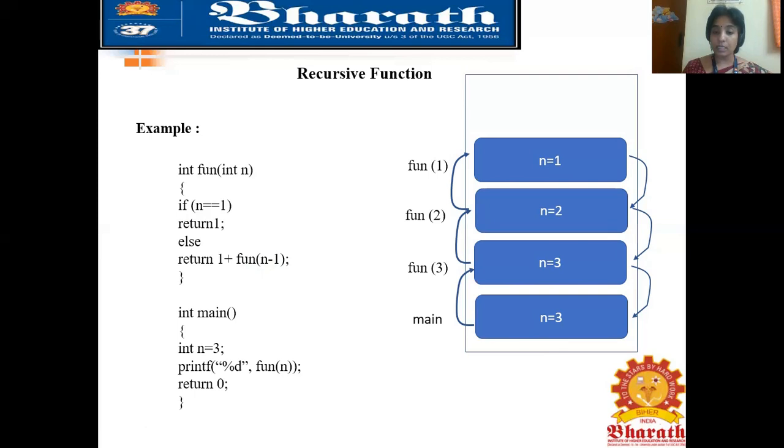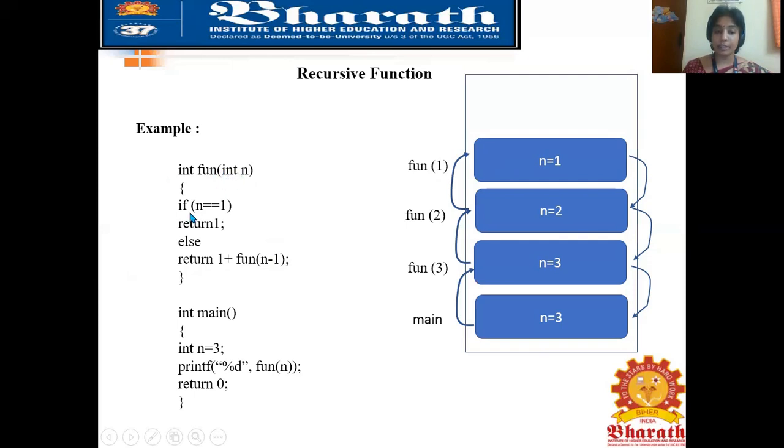When the compiler sees fun of 1, it maintains an activation record with the parameter n is equal to 1. With this function call, it again goes to the function definition, where fun of 1 will be passed.